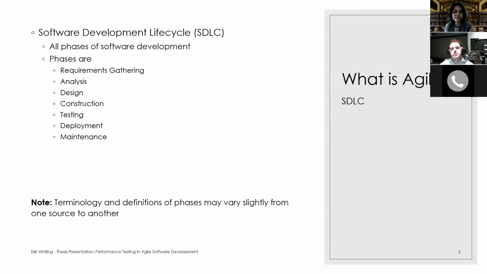Okay, so to understand what Agile is, we have to understand what the SDLC is, and the SDLC is a software development lifecycle. Anytime that you're developing software for a user base, whether it's consumers, customers, or internal customers, there's 7 phases that you go through. There's requirements gathering, where you figure out what kind of problems your potential users have. There's the analysis phase, where you analyze those problems and you think about how you can fix them or address them. There's a design phase where you think about how you're going to develop a system to solve those problems.